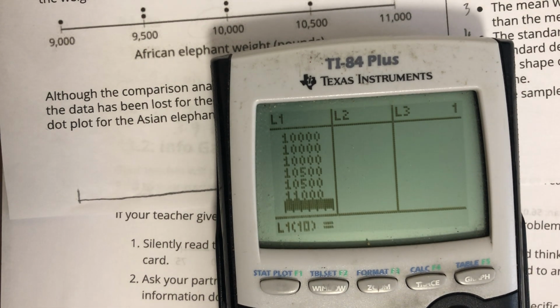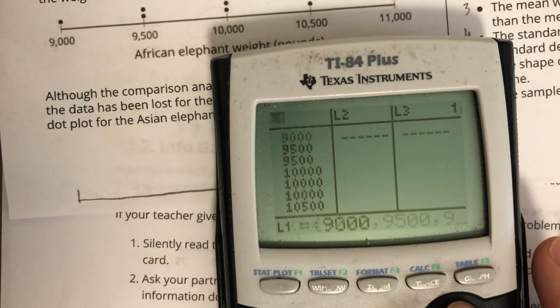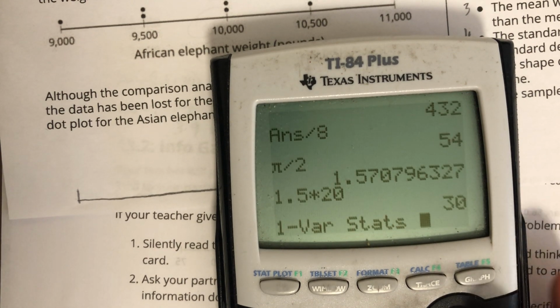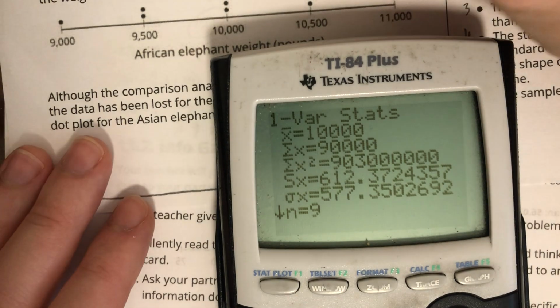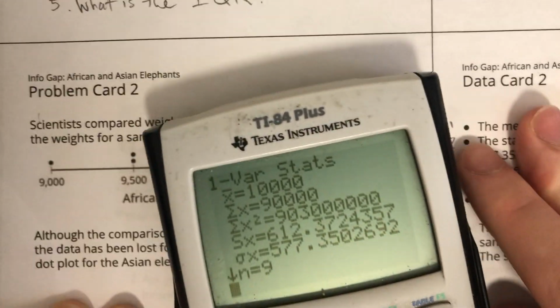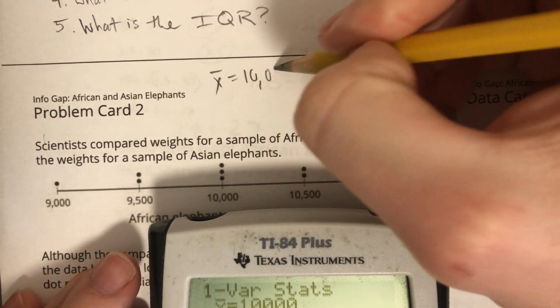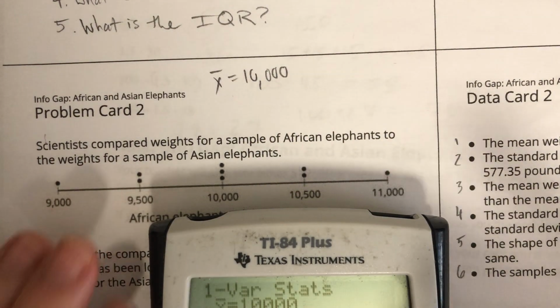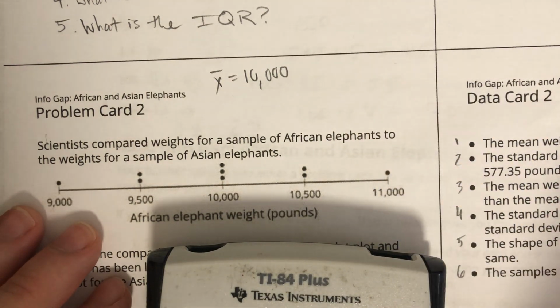Hopefully I put all those numbers in correctly. It looks like I have the right number of places. Okay. So, got a mean, also known as X bar, 10,000. And that makes sense. I actually didn't even need to use my calculator for that, because look at this. Got 10,000, and